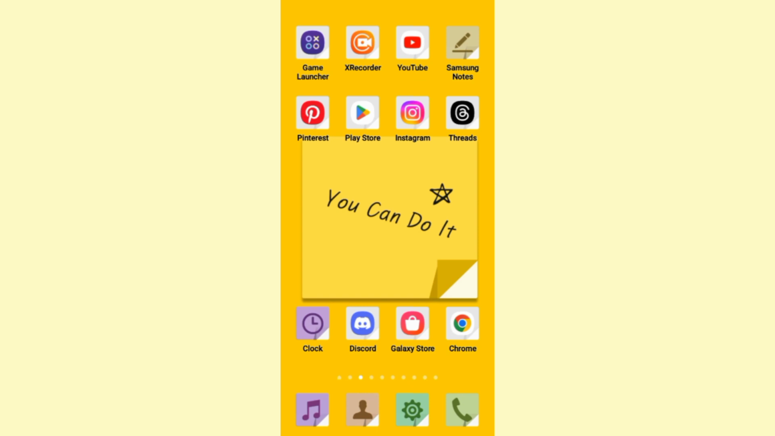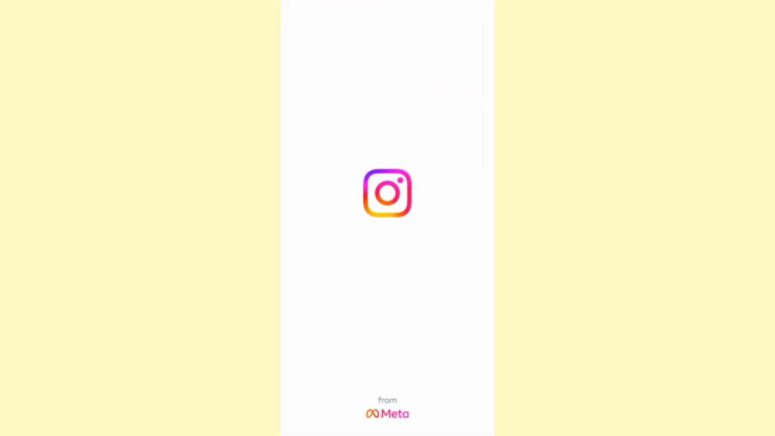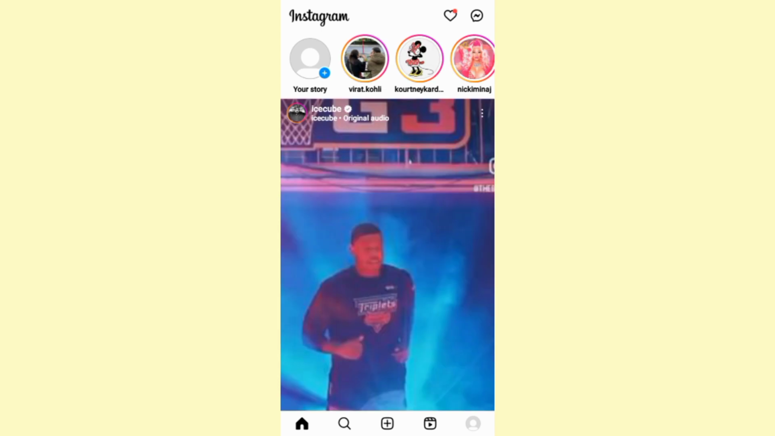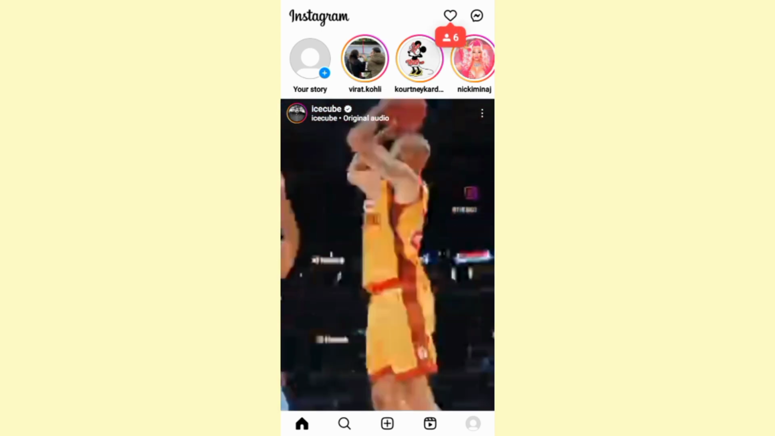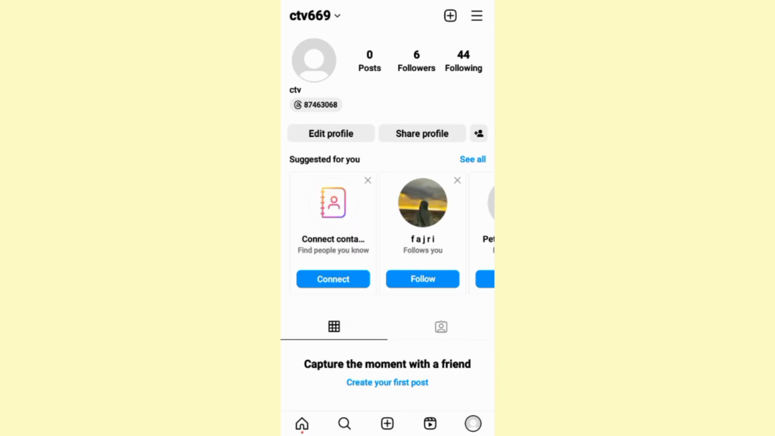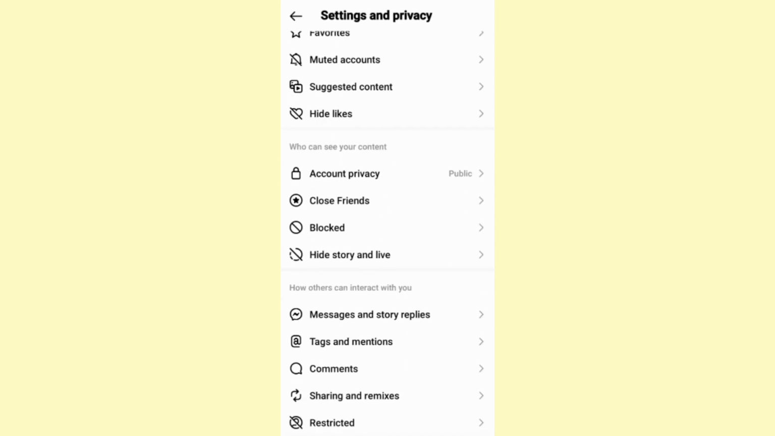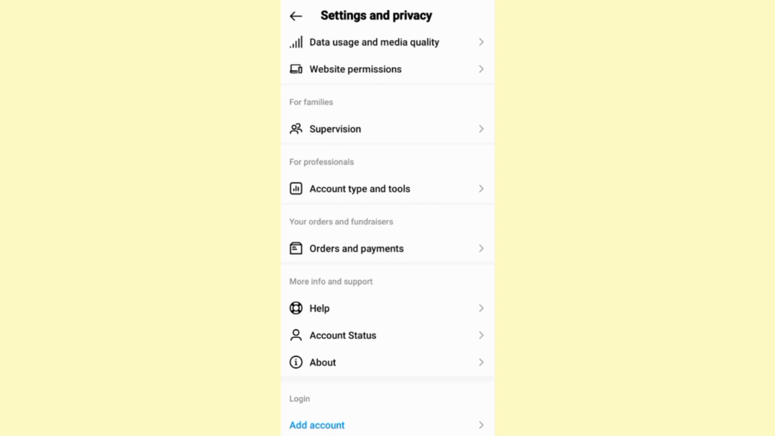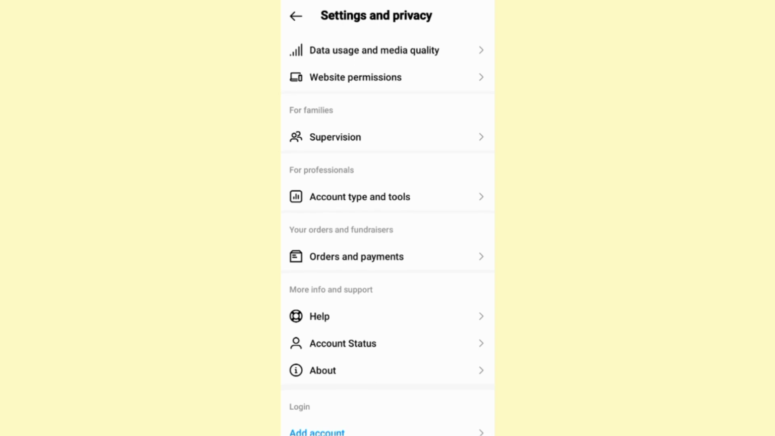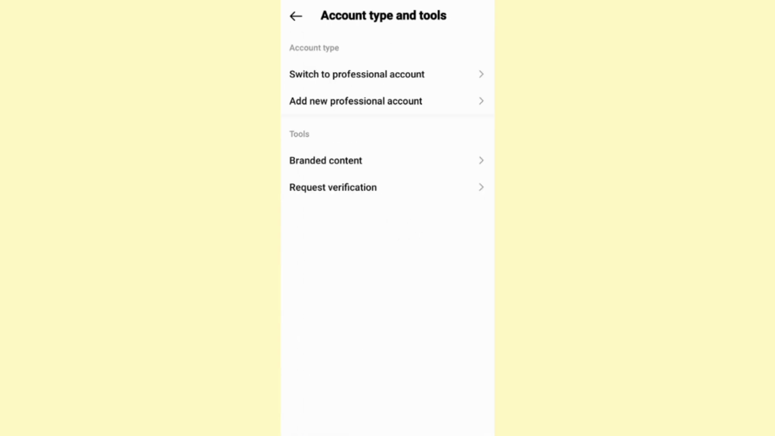So if you want to get verified on Instagram, go ahead and open up the app. It's a very easy and simple process. Just follow these steps. Once you do that, head over to your profile page right here, and from there click on the three lines at the top right corner, then click on settings and privacy, and then here you need to scroll down to find the section that says for professionals. From there click on account type and tools, and here from the second section that says tools, click on request verification,